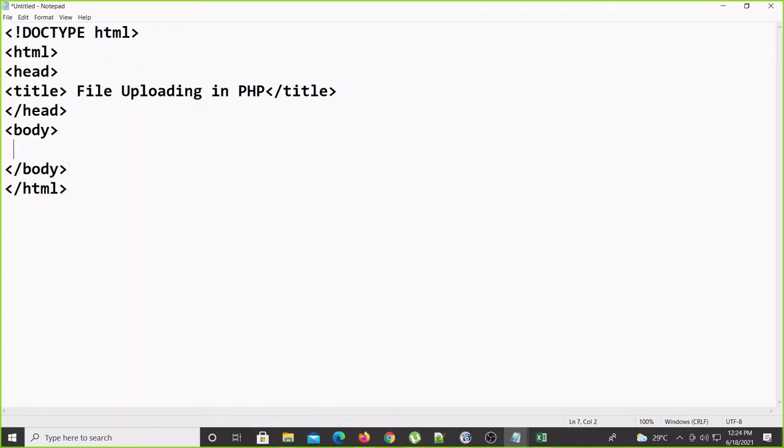Inside this body, I'll give a heading, h1 with align center, and inline style, color with some color.